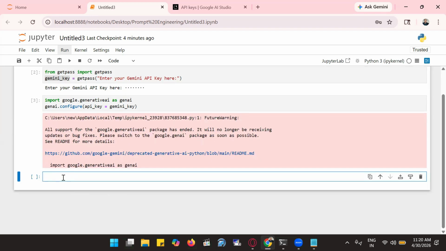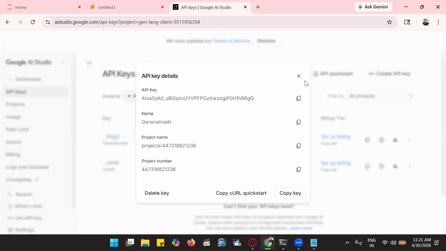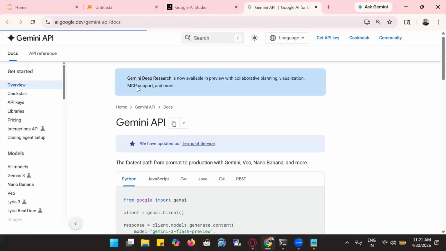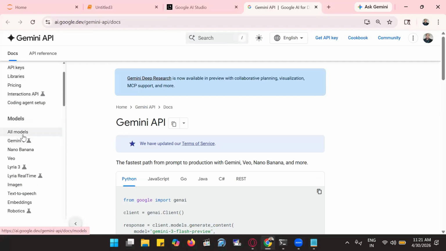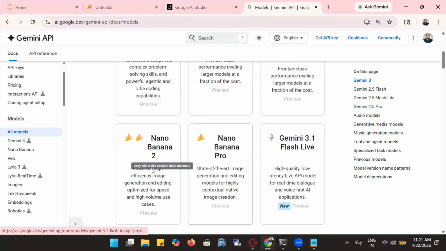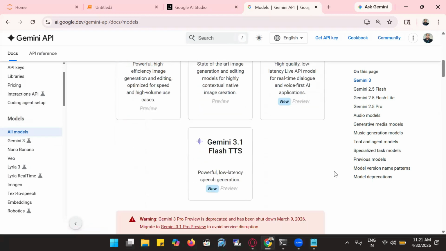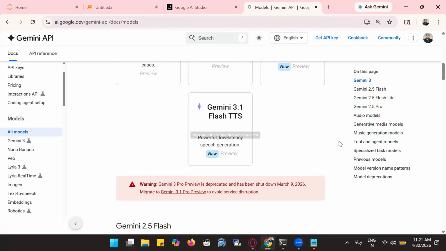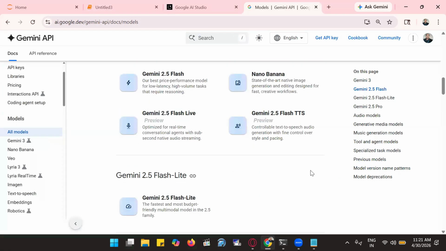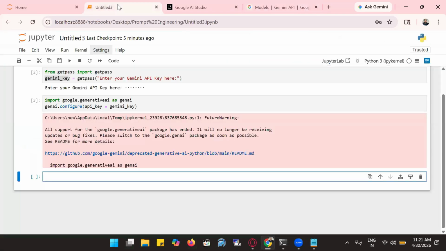Now I want to know what the different models are. Here we click on the dashboard and go to the documents to see what different models are available in Google AI, that is, in Gemini. Here we scroll down, and the All models option is there. See, Gemini 3, Gemini 3.1 Pro, Gemini 3 Flash, Gemini 3.1 Flash-Lite, Nano Banana 2, Nano Banana Pro. There are many models. Gemini 3.1 Flash TTS, Gemini 2.5 Flash. Under Gemini 2.5, there are many models. As per your requirement, you have to choose. Here, I have chosen